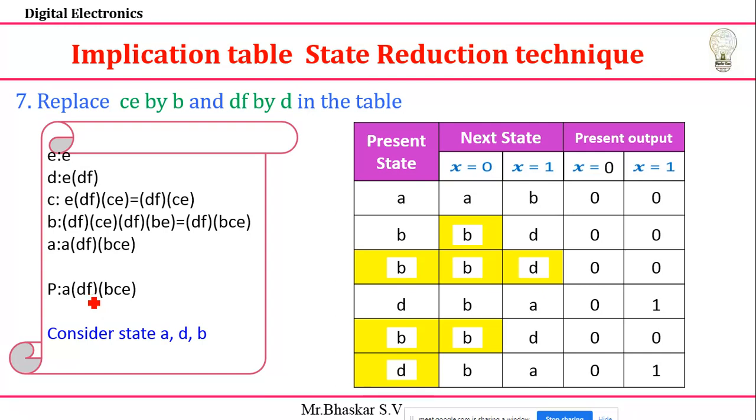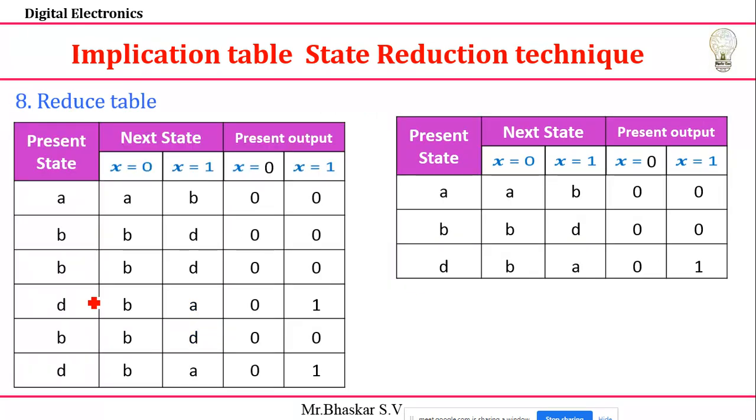Okay, once you did this, this is the final table I'm getting. I want to reduce the number of rows again. How? We need to check equality. See that here it is A, A, B, 0, 0. Next here B, B, D. Wherever A is there, just check it out. No, then you write this one as it is, A, B, B, 0, 0. Next I'll check this one, B, B, D, 0, 0. Anywhere is there B, B, D? Yes, B, B, D, 0, 0.